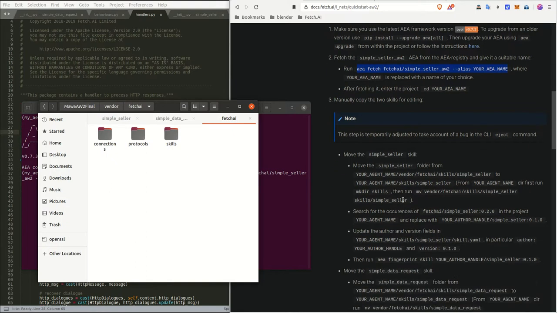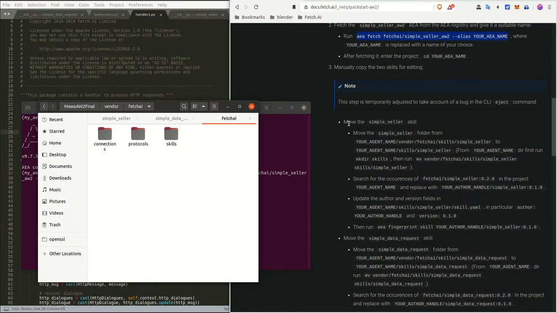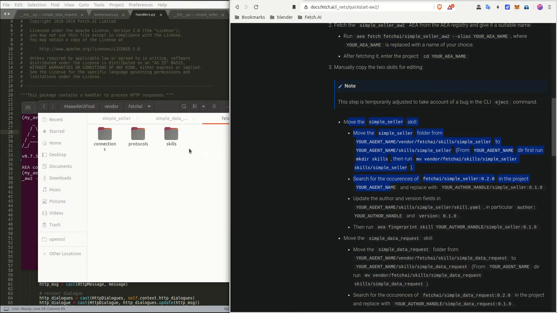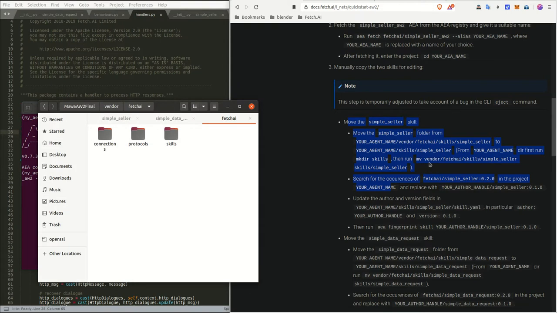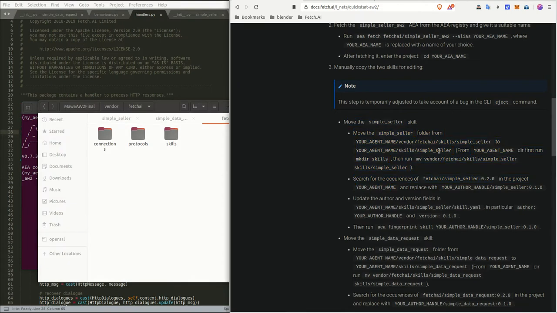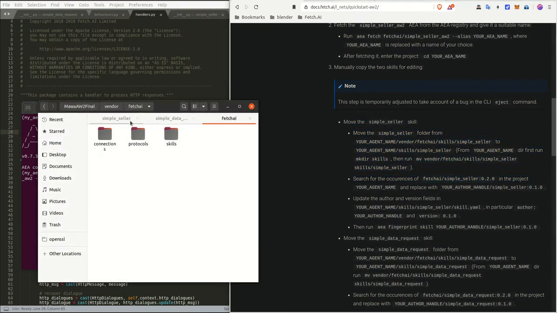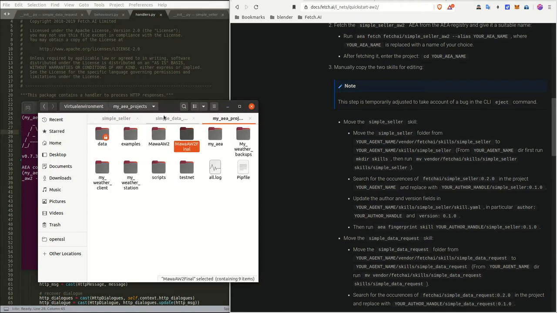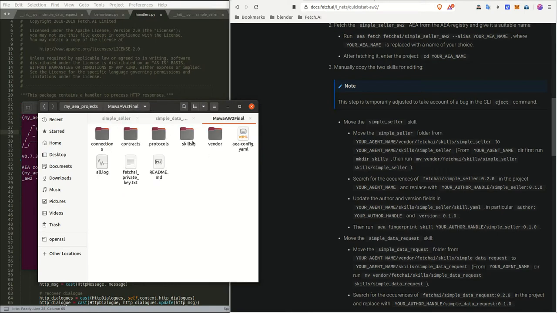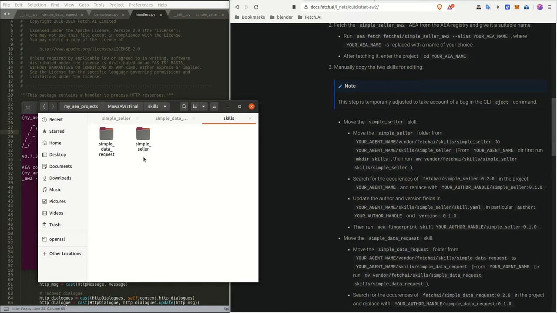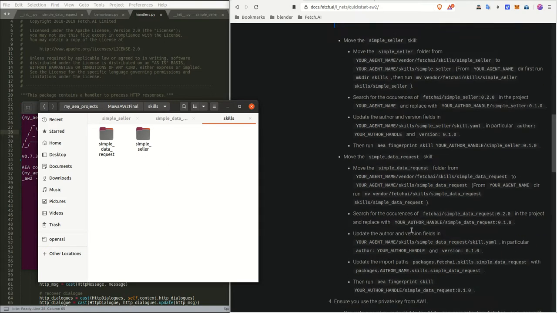So that's why you notice in the tutorial, or in this guide here by Fetch, you are required to extract the particular skills that you're going to update. So you're required to copy from the vendor folders and paste the simple seller and the simple data folder. So you then bring them into the skills folder, which is outside the vendor folder. So once you've populated the skills folder, you then have, for instance, let's go into the